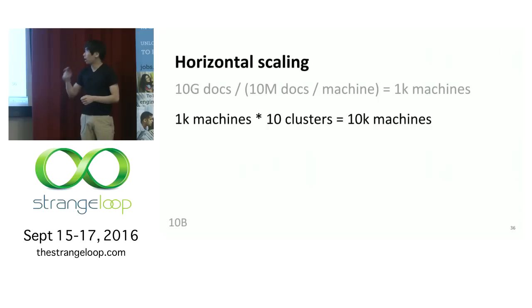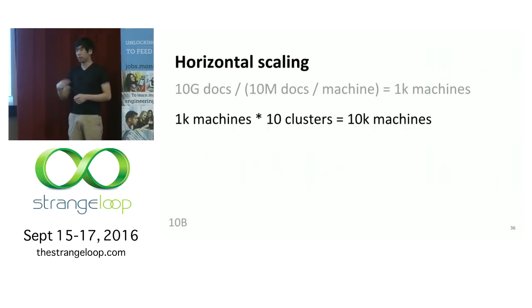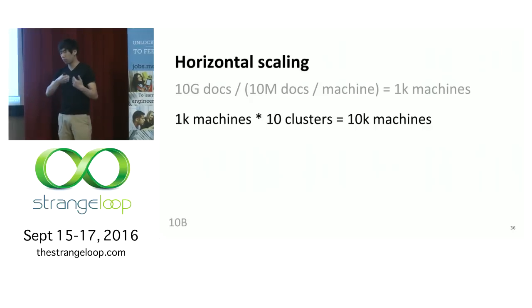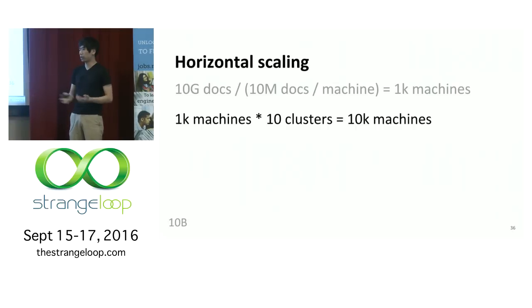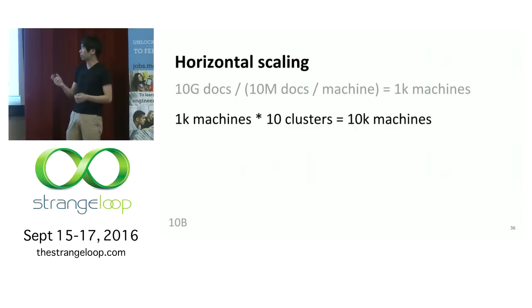OK, great. But one problem with having 10,000 machines, especially 10,000 cheap machines with commodity hardware, is that machines will fail all the time. The failure rate of machines is pretty high, so you'll always have some fraction of machines that are dead. And since we're sharding by documents, let's say the shard that holds CNN.com goes down. Users become pretty unhappy if they can't query things and get CNN or Wikipedia back.